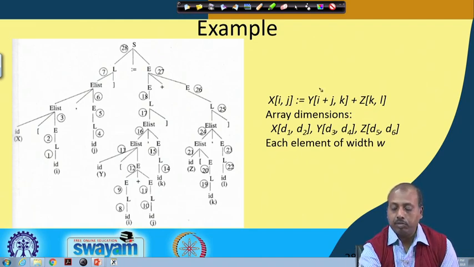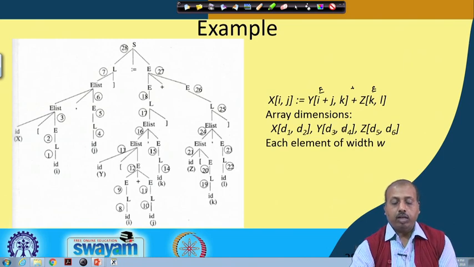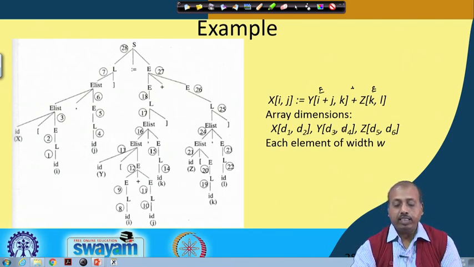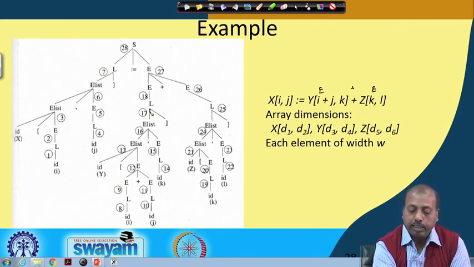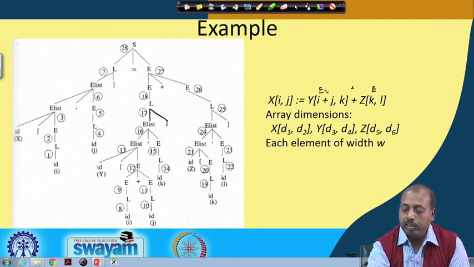So, this is first E, this is plus, this is second E. Now, how is this first E going to be generated? Again, this is an array reference. So, I have to go by this E producing L, and L, as I said, whenever there is an array, the first rule that I have is this one, E list bracket close. So, it is E list bracket close.